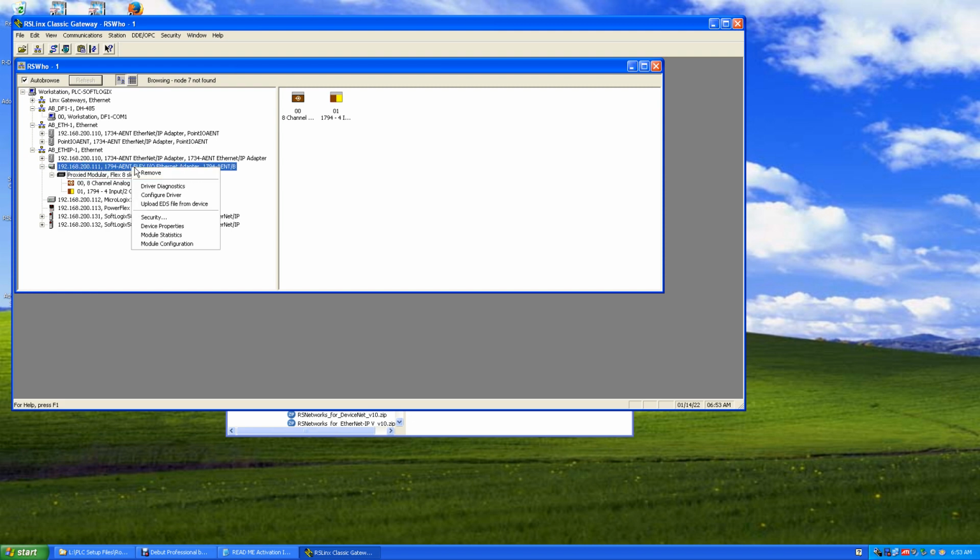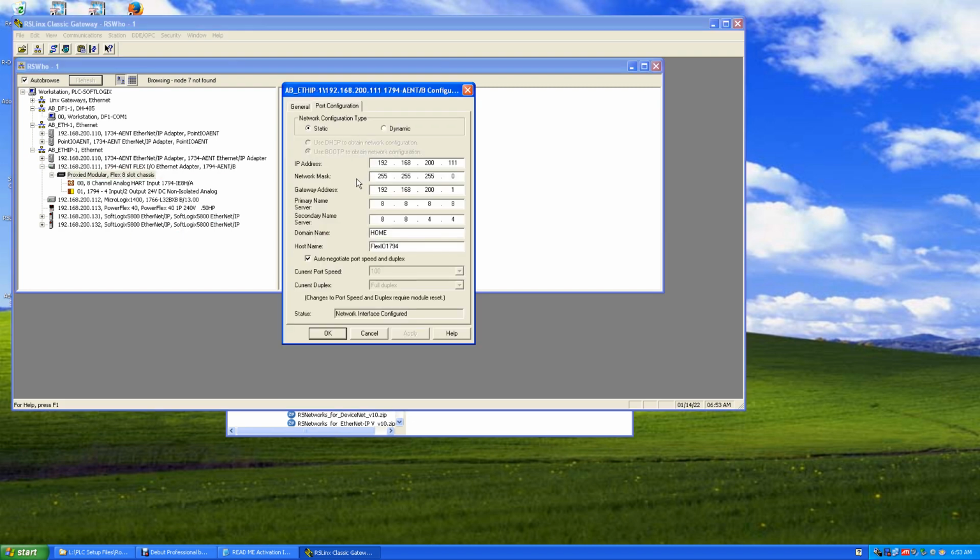And again, we can right click on it, say module configuration, and you'll see the port configuration here. There's no configuration for chassis size, but you do have a static and a dynamic, and again we like to go with a static IP address. So the last one was 110, this will be 111, next one's 112, next one's 113, and